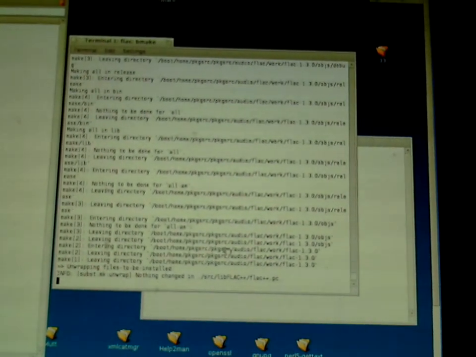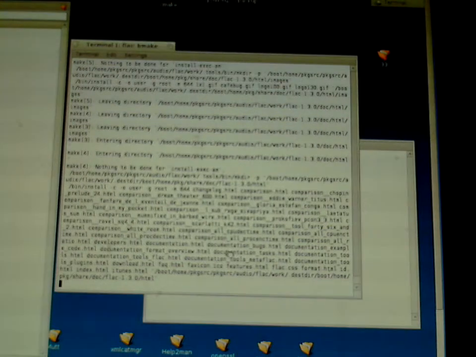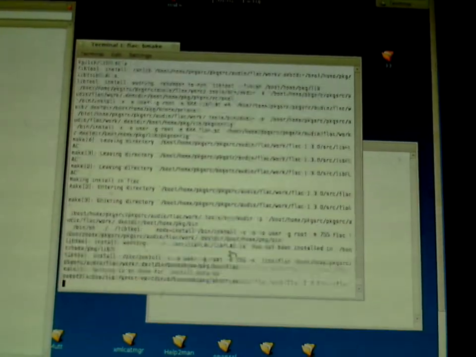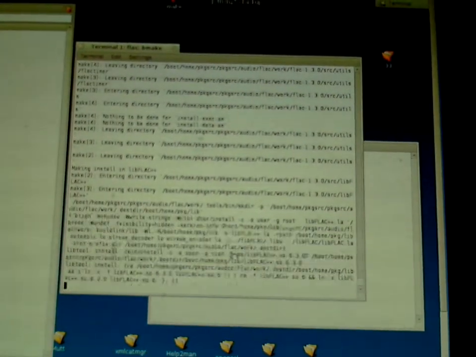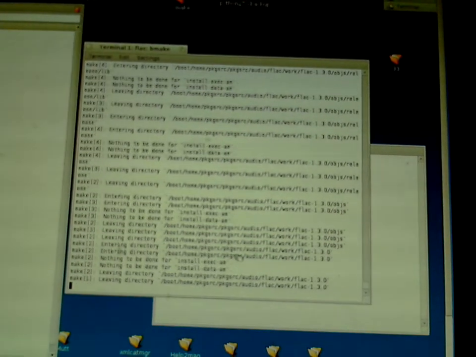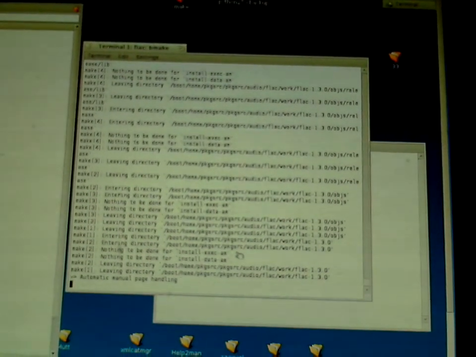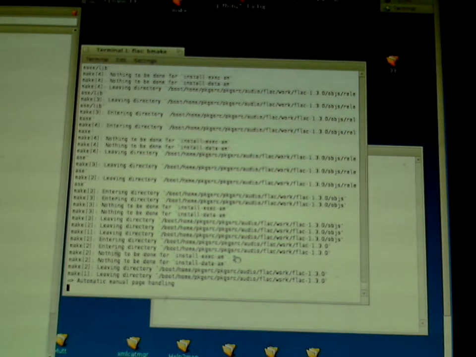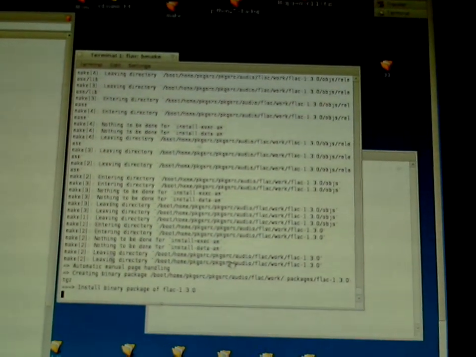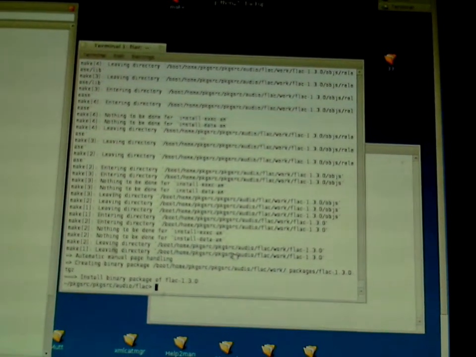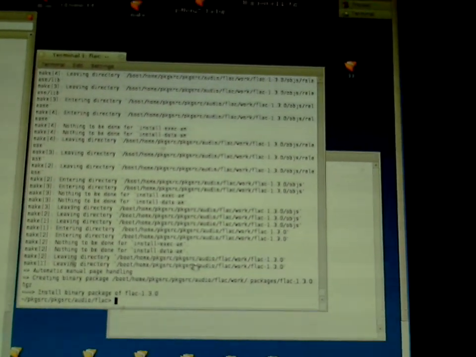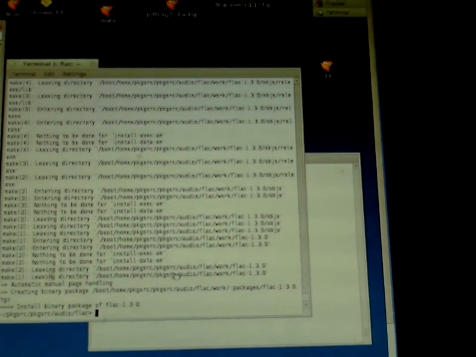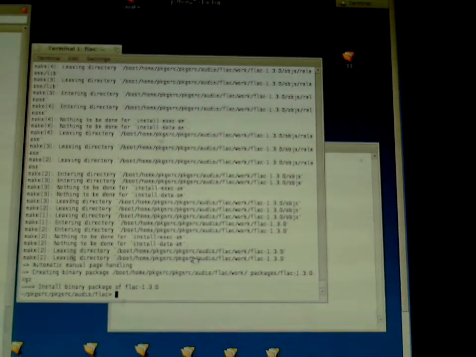GNU GP is very interesting. Okay, so it looks like it's going to install unless it's missing something. Manual page handling, installing the binary. Okay, so no problem with FLAC. Had everything to do with being on GCC2 once again. Okay,